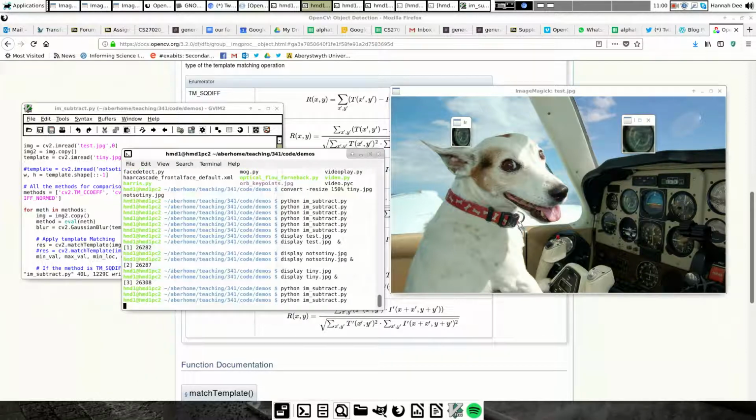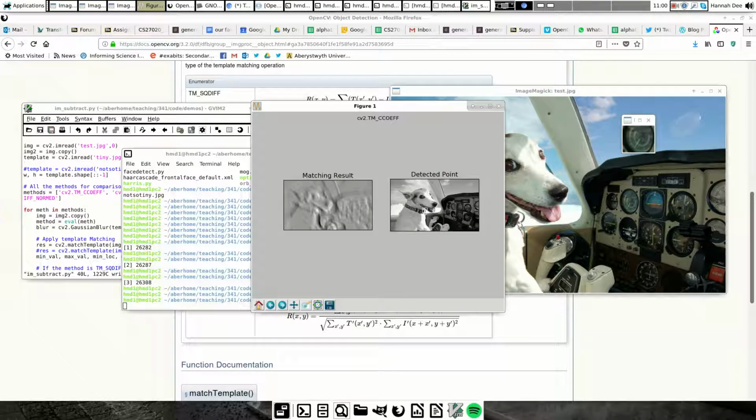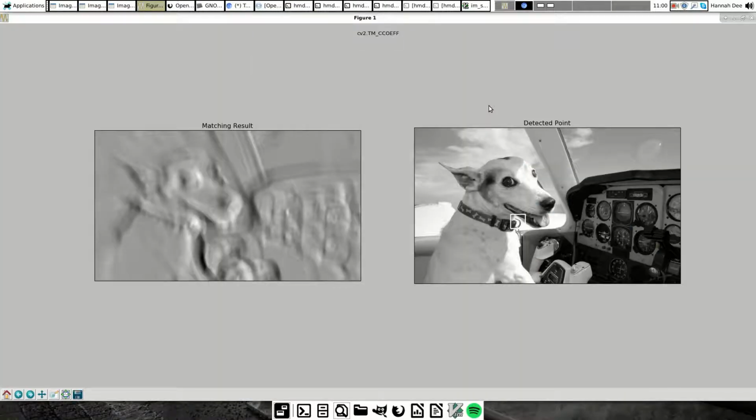So starting off, we're going to look at template matching with the right size template and various types of distance measure. So this is the correlation coefficient, and on this one we can see there's a peak here. White is good for the correlation coefficient, high values, strong correlations is what we're looking for. It's got a match here corresponding to some circular features on the dog's collar. You can see there's also a very good match in the right place, but the strongest match is surprisingly not